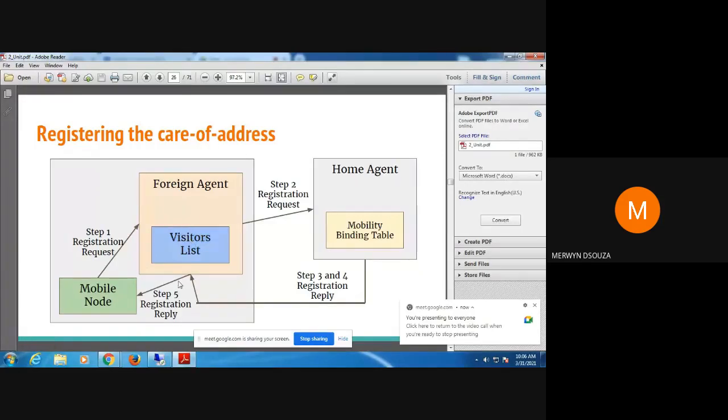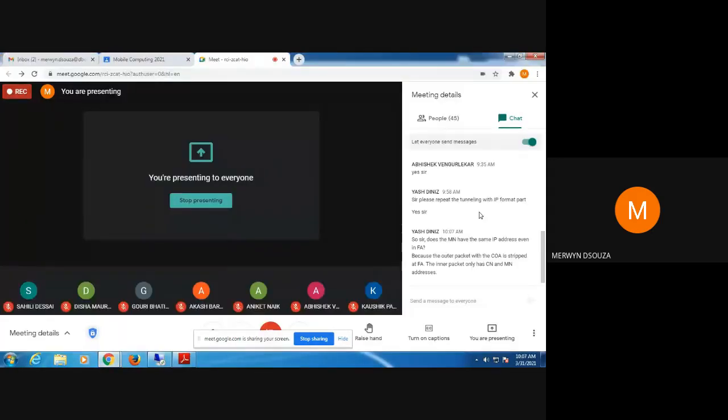In this step, the linking is done, where an entry is made for the mobile node in the visitor list table. The mobile node's IP address remains the same. It does not change. That's the whole purpose of mobile IP. The mobile node gets to keep its IP address.